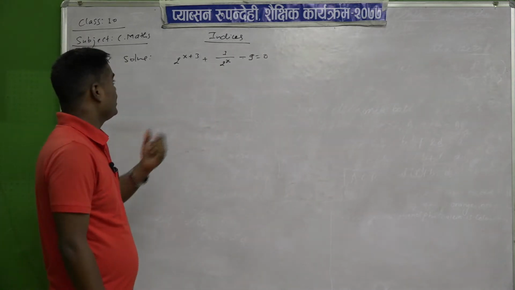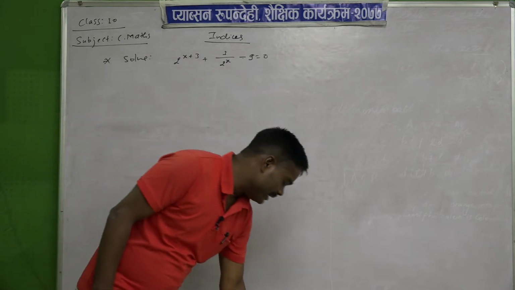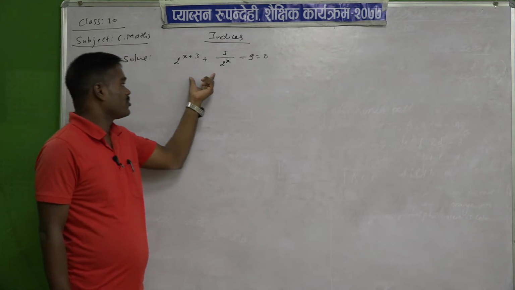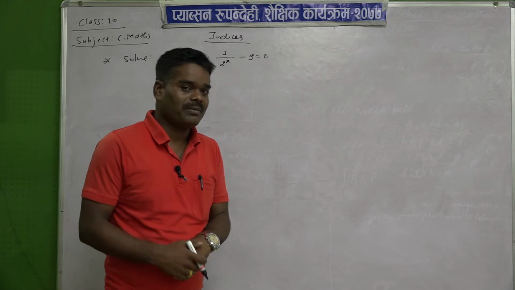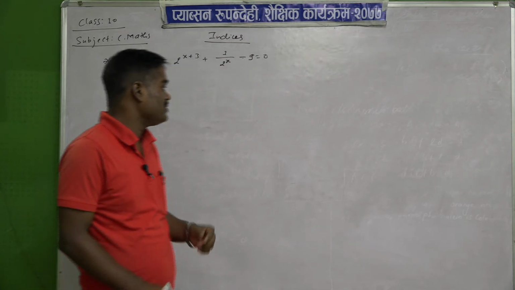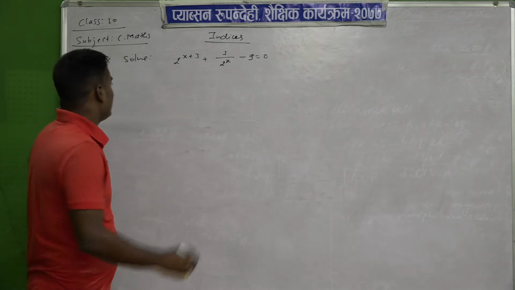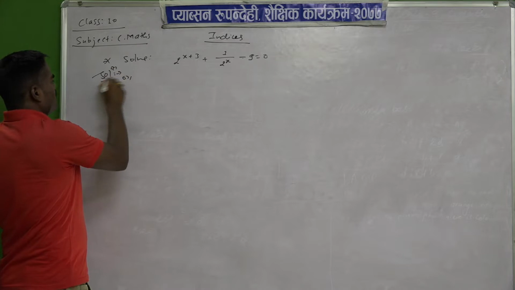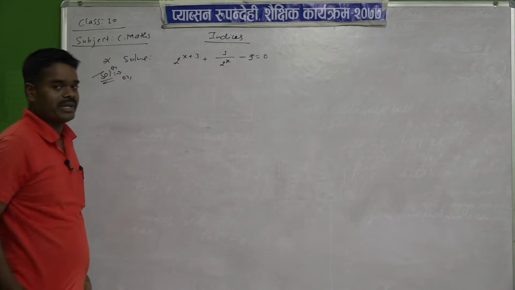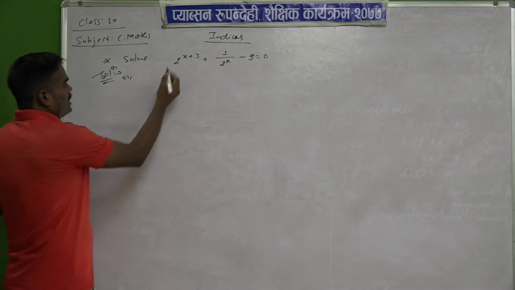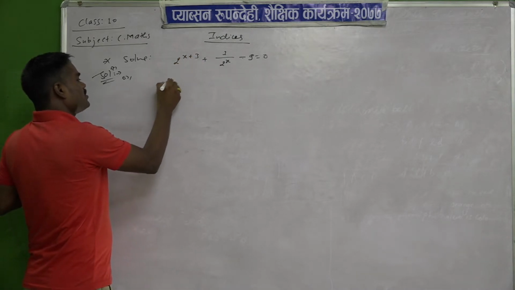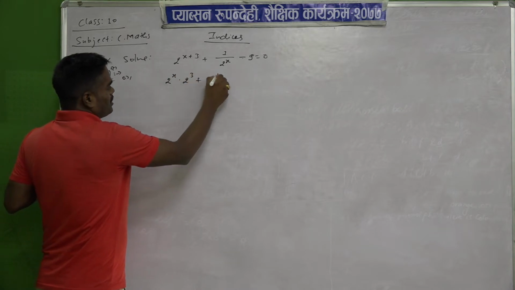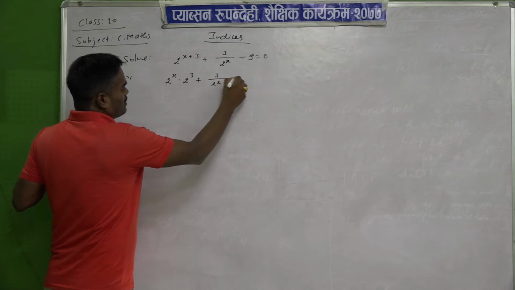Today again we are in the same chapter, that is indices. Here we have to solve this question. Solve means we have to find out the value of the given variable. So what is the variable here? X. I told you yesterday, if powers are added, we have to separate the base. So here, 2 power how much? X plus 3. So it became 2 power x into 2 power 3 plus 1 upon 2 power x minus